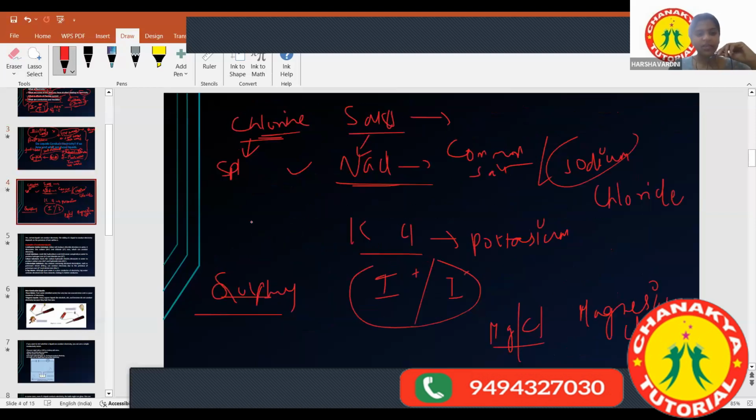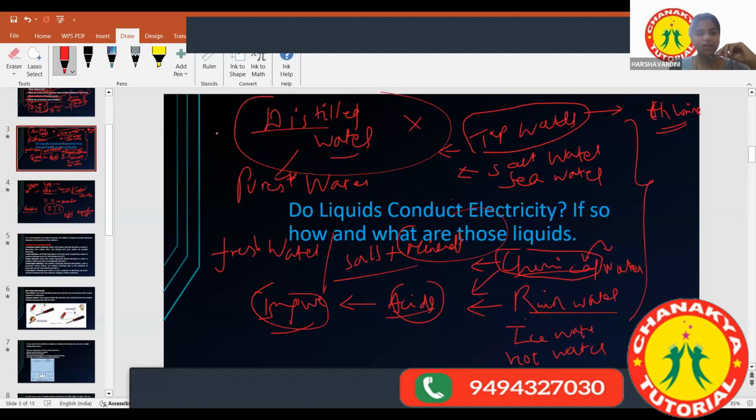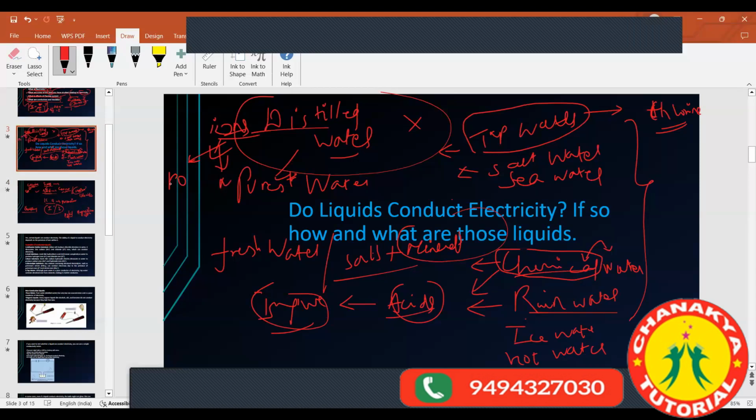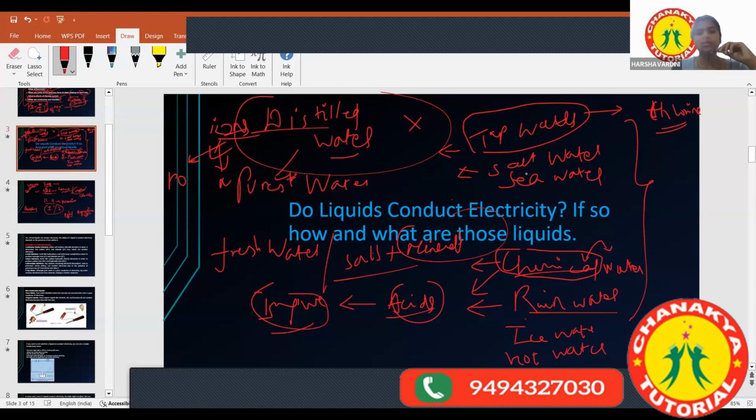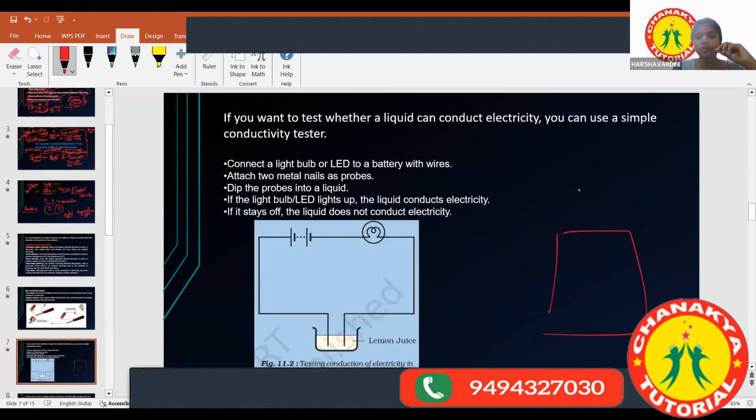And especially when it comes to distilled water, it doesn't have ions. What are the two kinds of ions? Negative and positive. Negative and positive ions are not present in distilled water. That is why, as Nayanika has told, they have only H2O. If you take distilled water, H2O is there and it will be like H2O. They will not be like H2 plus and O plus.